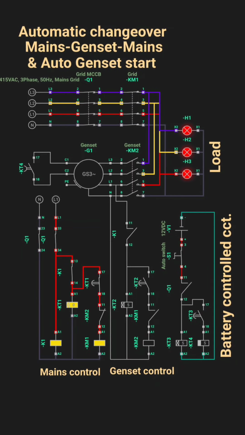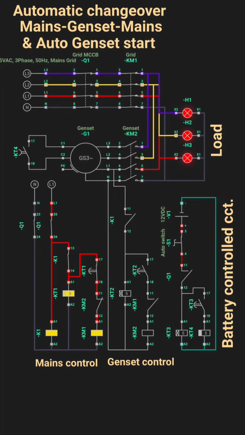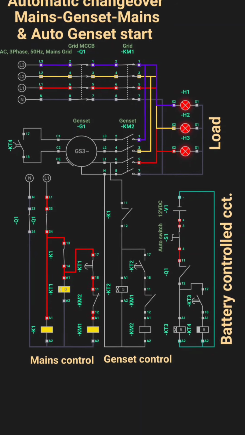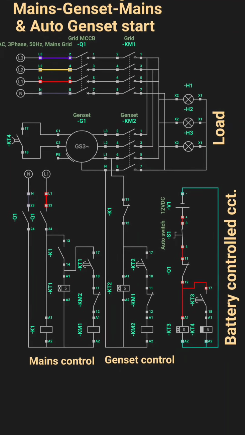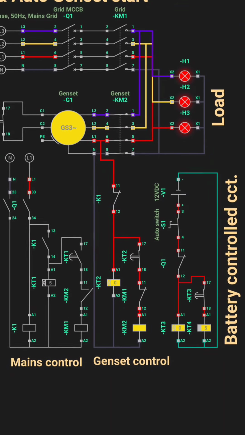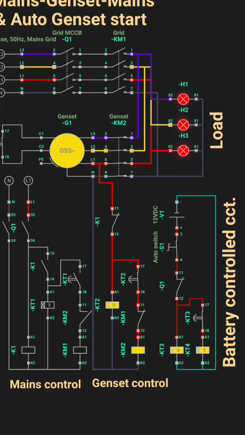Now let us see what happens when power supply fails. Let us assume power has failed. I'll just trip off that main grid line MCCB. You just see it very keenly. What is going to happen is, see, at this time power is not there. See, the generator has come on after a delay of 5 seconds, and after a further 5 seconds its contactor KM2 has come on and it has connected generator supply to the load.